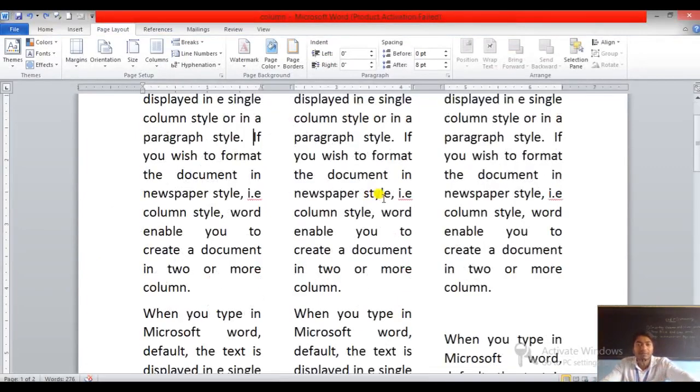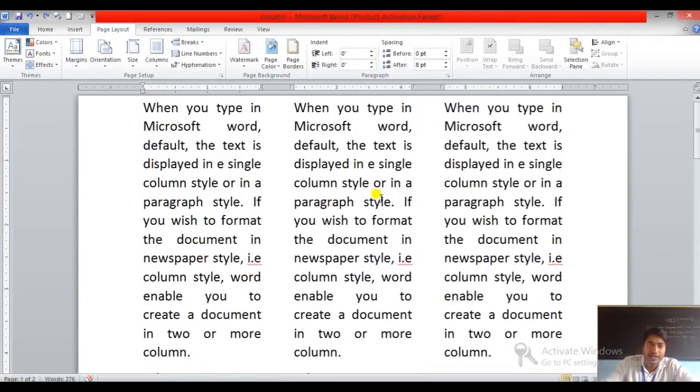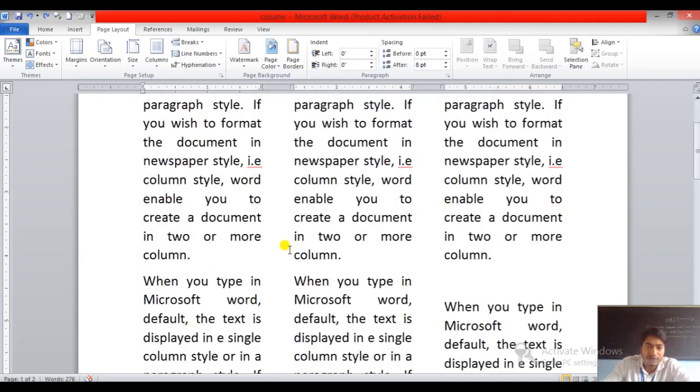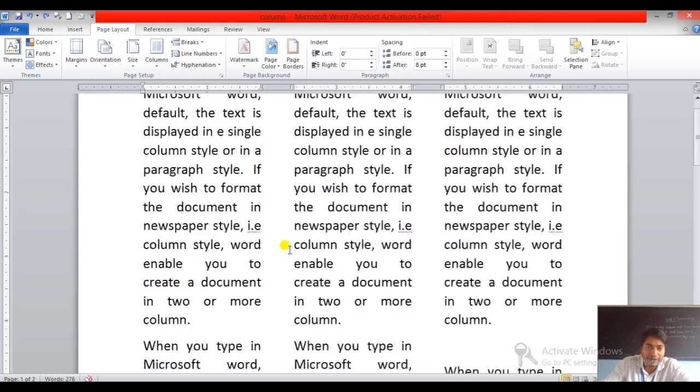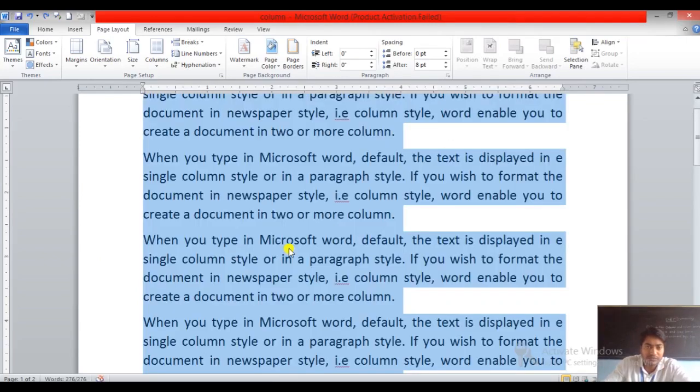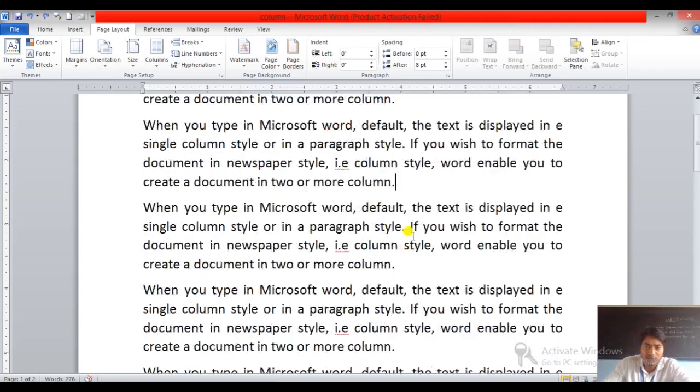Suppose here we have some content, and I want a page break. First place the cursor where you want the page break. Suppose I place the cursor here.